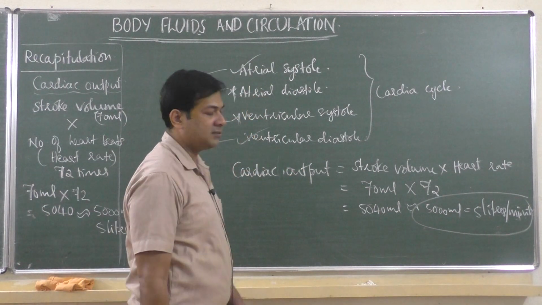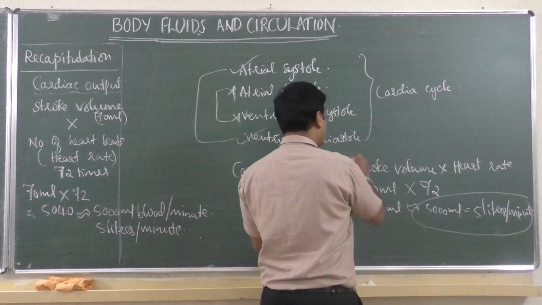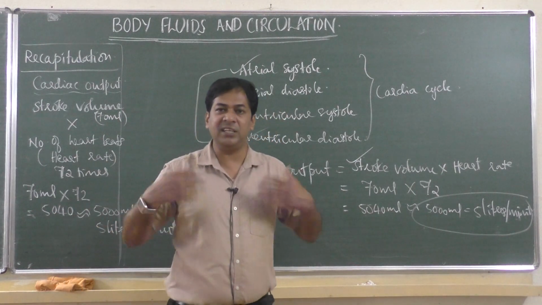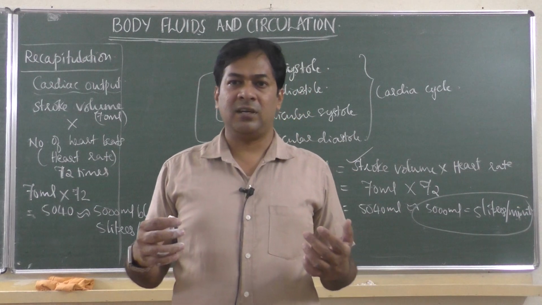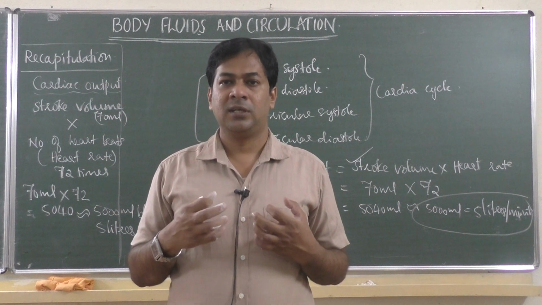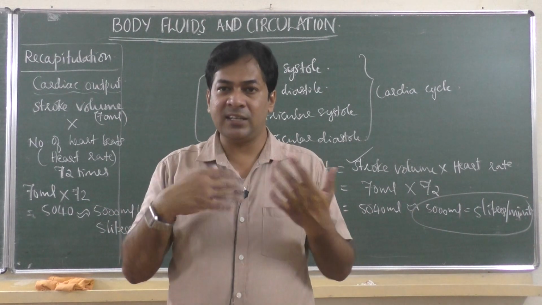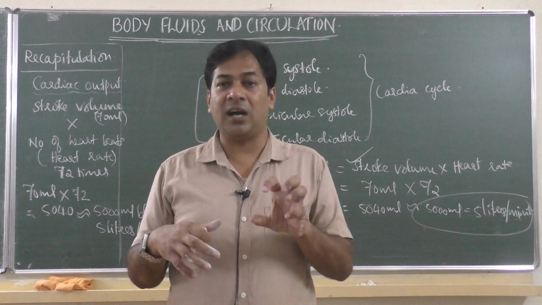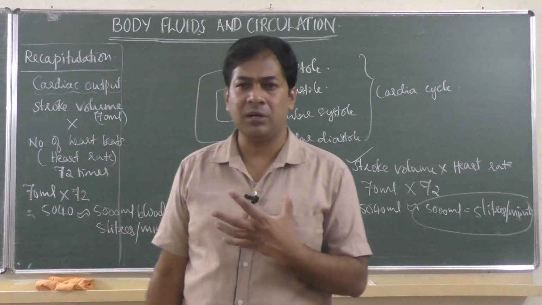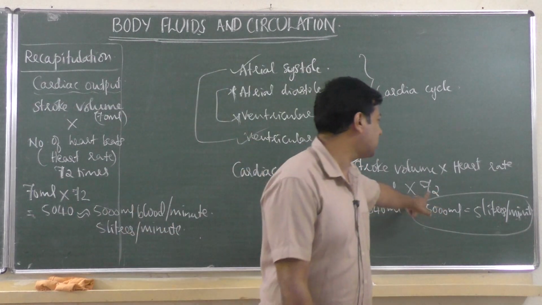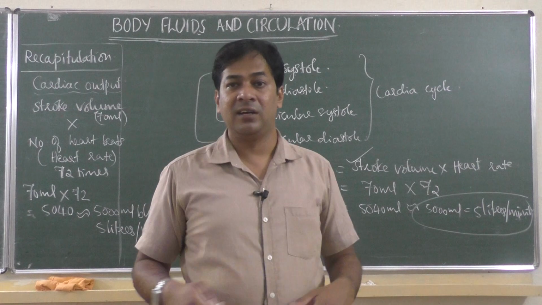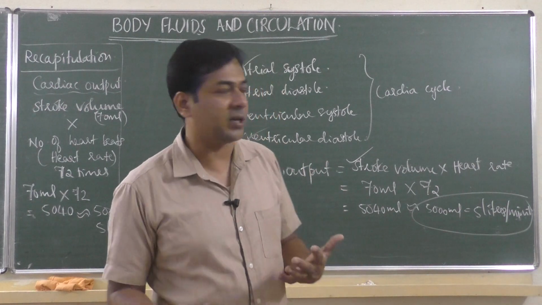What we said in the last class is that the heart rate can be adjusted by the person, because if the breathing rate increases, like when we exercise, when we are running or jogging, the lungs take in more and more oxygen. Then when we take more oxygen, the heartbeat also will be fast. We have noticed that when we are running, the heart beats very fast. At that time it will be more than 72 times in 1 minute, when we are doing physical activities like running, jogging and so on.